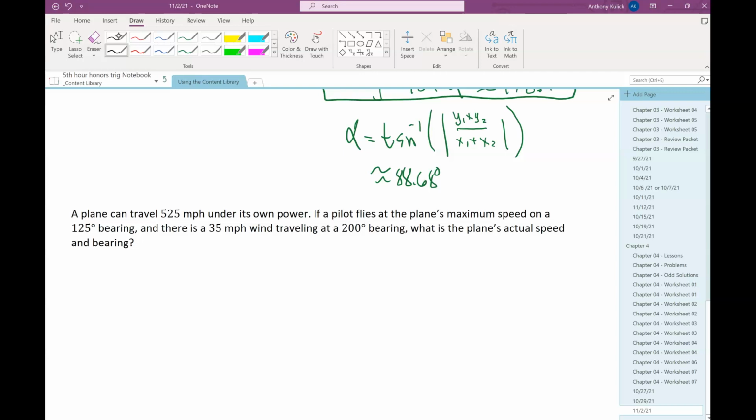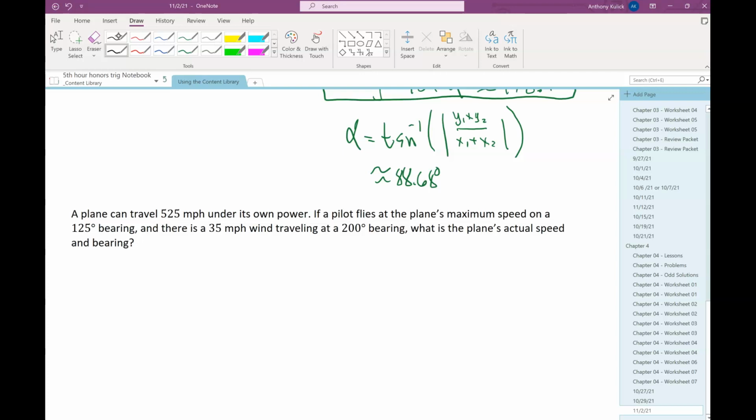So here it says a plane can travel 525 miles per hour under its own power. If a pilot flies the plane at the plane's maximum speed on a bearing of 125 degrees, and there's a 35 mile per hour wind traveling at a 200 degree bearing, what is the plane's actual speed and bearing? So again,